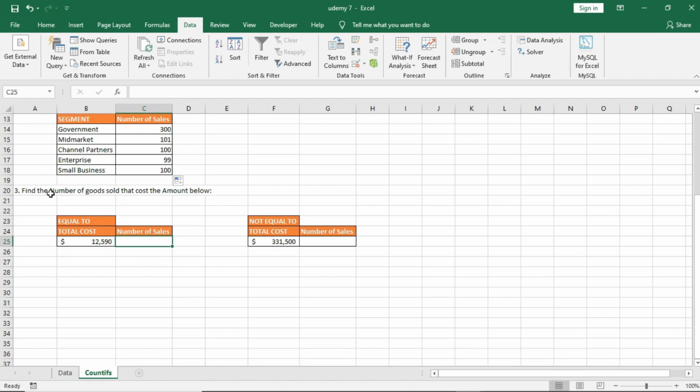Quickly, friends, the last one we're going to be working with right now is to find the number of goods sold that cost the amount below. First of all, we should find the number of goods sold that was equal to $12,590. So what I'm just going to do is double tap on this cell, and I'm going to say equals to